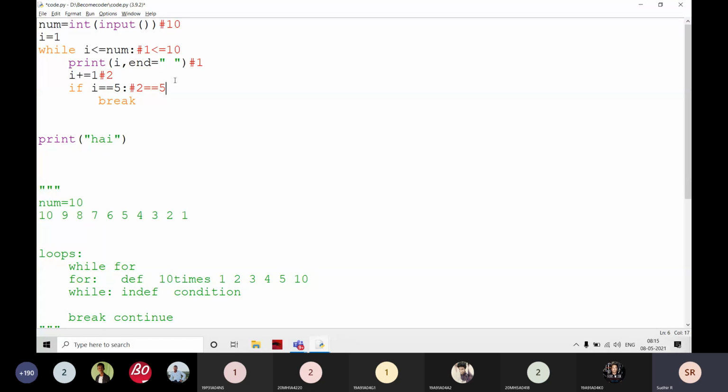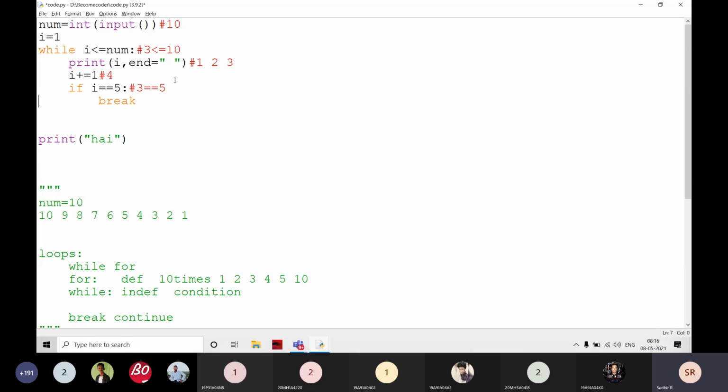No. Then it goes back again and works with 2. 2 is less than or equal to 10, yes, this is also true, and it prints 2. Then i becomes 3. Then it checks here with 3. Is 3 equal to 5? No, not at all. Then it goes again and checks that 3 is less than or equal to 10. Yes, again true, and it prints 3 and i becomes 4.